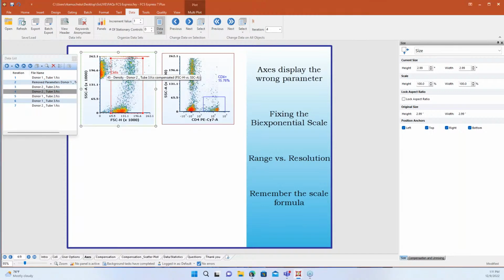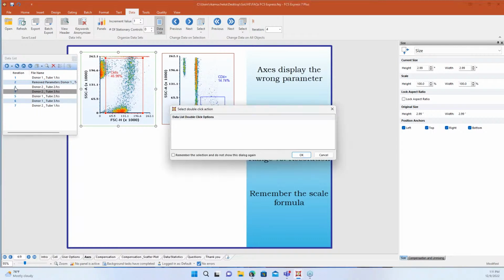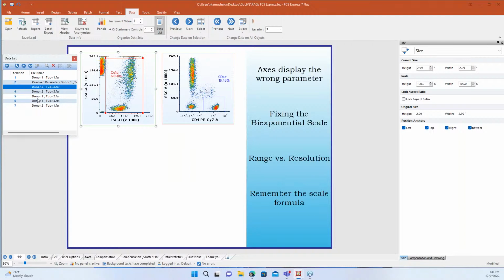Now, if I extend my gate, I'm going to make this a little wonky intentionally, just so I can show you this shift a little bit better. So here we have 10 to the -4 on this X parameter. When I go back to my third iteration here, you can see that it's 10 to the third, and I'm like, oh, Robin, I really need my data to look consistent across these things. I get that. We get this question a lot: how do I fix this scale so it's not bopping around from sample to sample?